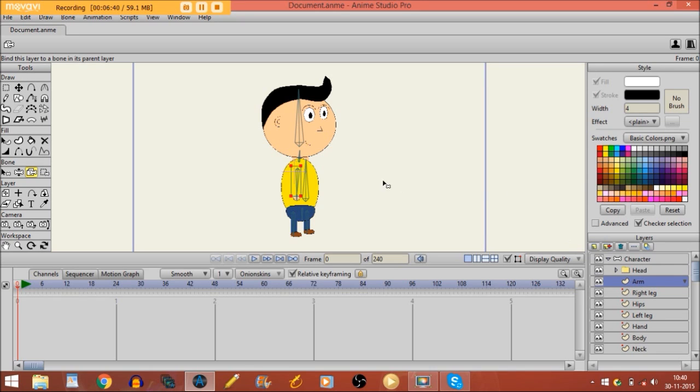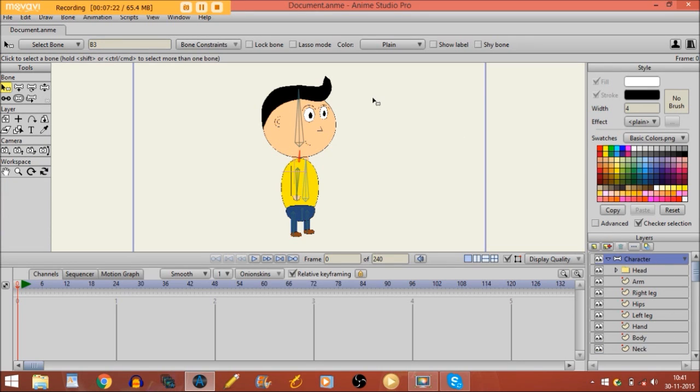I'll do the same thing for the arm. I'm going to select this one, and for the leg, the right leg, hips, this one, now this one, the hand right here, body, and his neck. So now if I go back to the bone layer and take the manipulate bones tool,